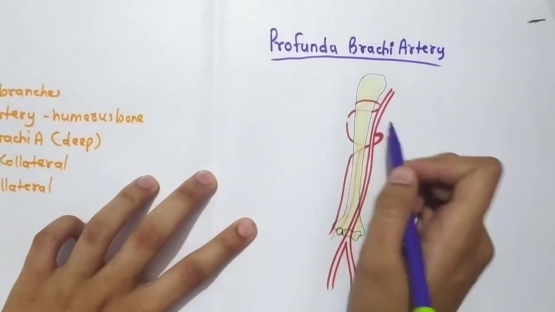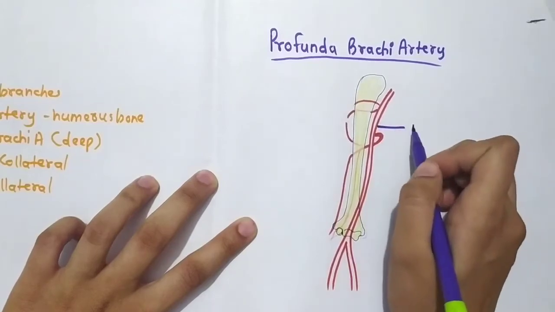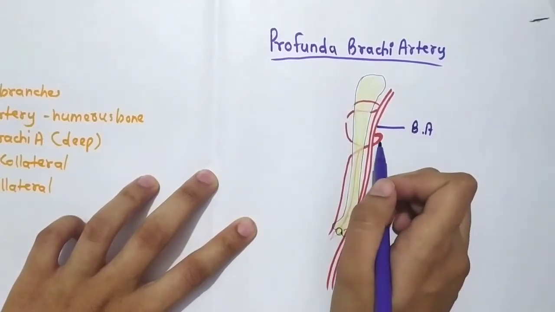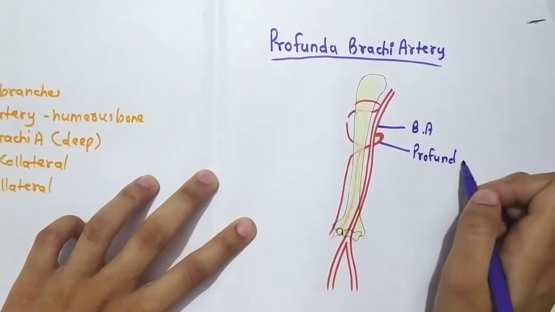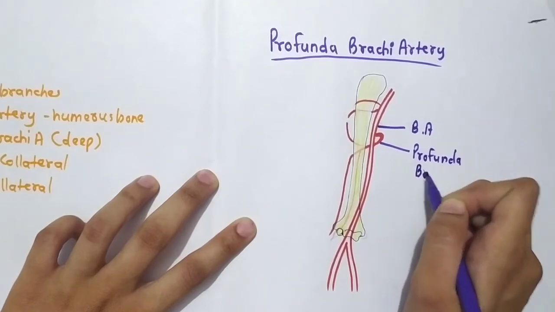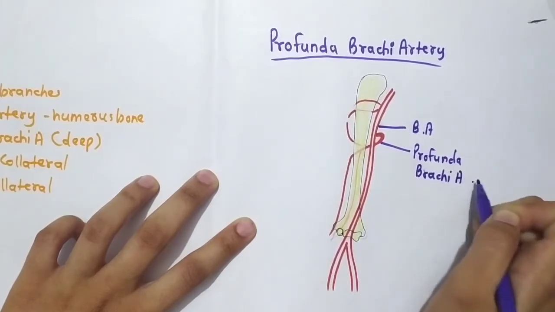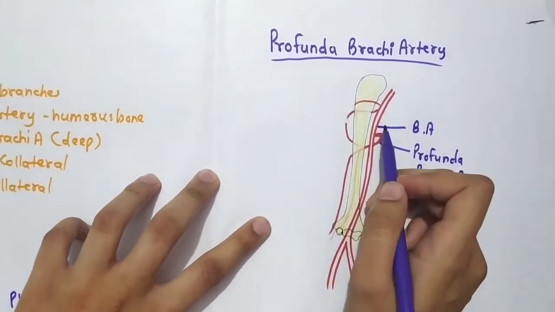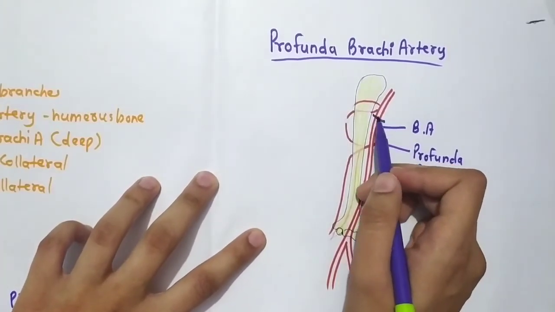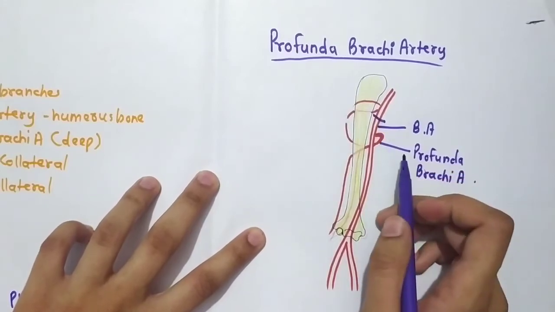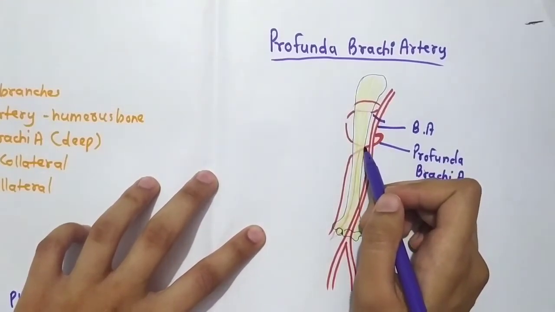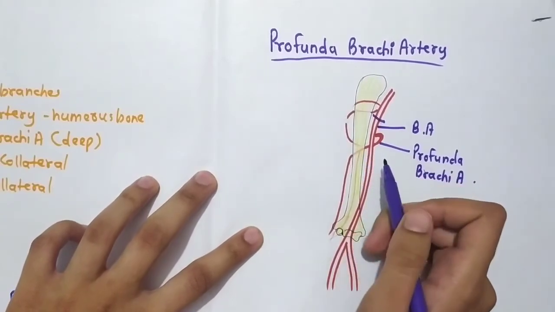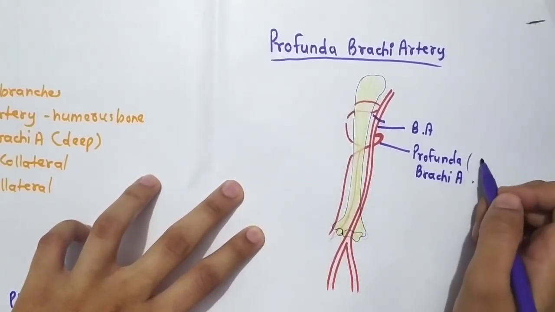Okay, so this is the brachial artery and this is the profunda brachii artery. So this originates as soon as this brachial artery begins. Okay, just below the lower border of this teres major muscle. So then this profunda brachii artery passes behind brachial artery and runs along the radial nerve. Okay, it runs along the radial nerve